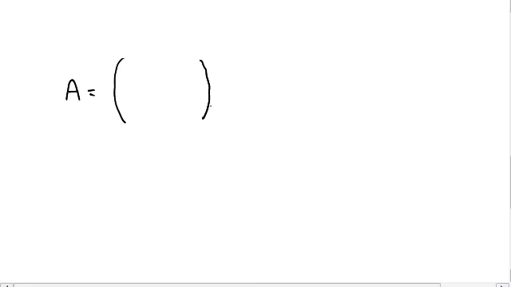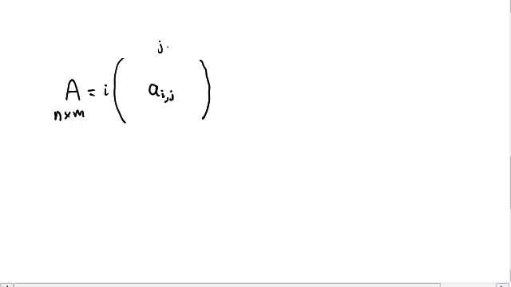In this lecture, we will look at some special types of matrices. Remember that a matrix is a rectangular array of numbers. It has a number of rows and it has a number of columns. If the dimension is n by m, it has n rows and m columns. And the particular elements in the matrix are denoted by a_{i,j}, where this is row i and this is